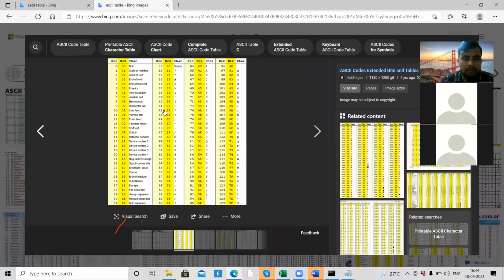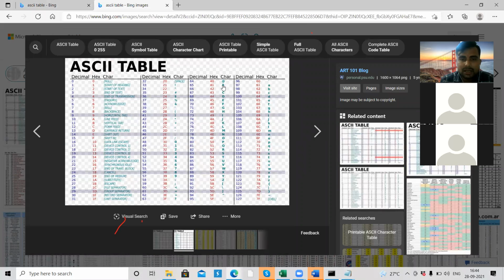So no need to remember everything. What you need to remember is that uppercase characters start from 65 and go until 90, so it will be A, B, C, D like this, in order. Lowercase characters are 97 to 122. That's it: 97 to 122 and 65 to 90. Only for characters we used to see in the program.